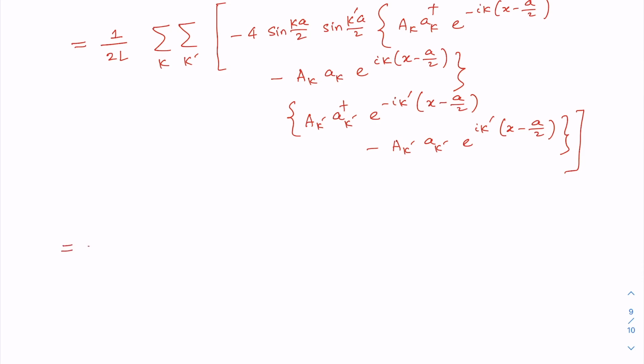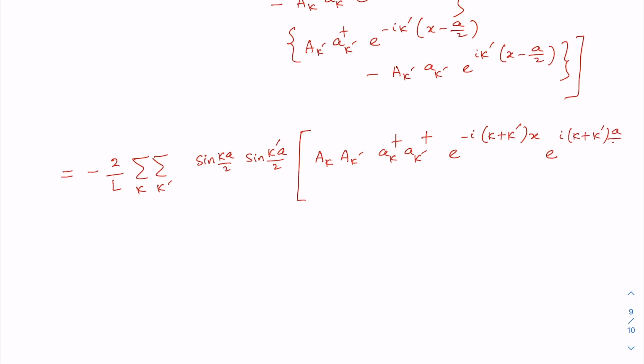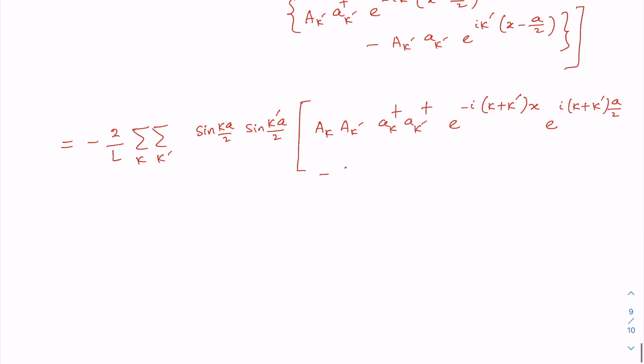What I will have here is minus 2 by L sum over k and k dash, sine k a by 2, sine k dash a by 2, and in the bracket I will have several terms: ak dash dagger ak dagger e to the power minus i (k plus k dash) x, e to the power i (k plus k dash) a by 2, and you will have minus ak